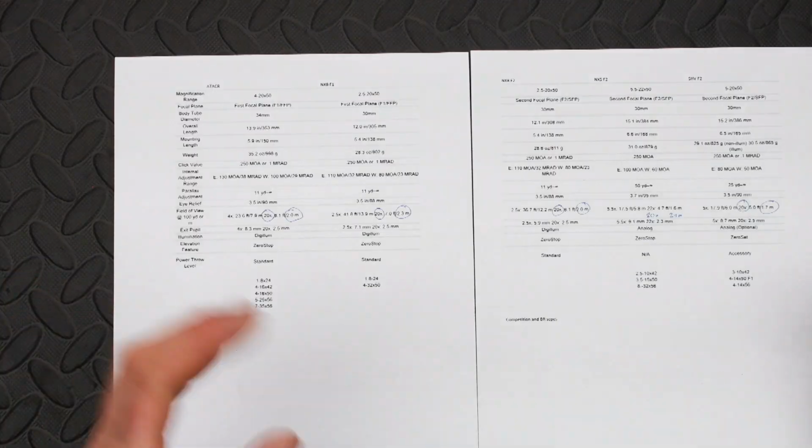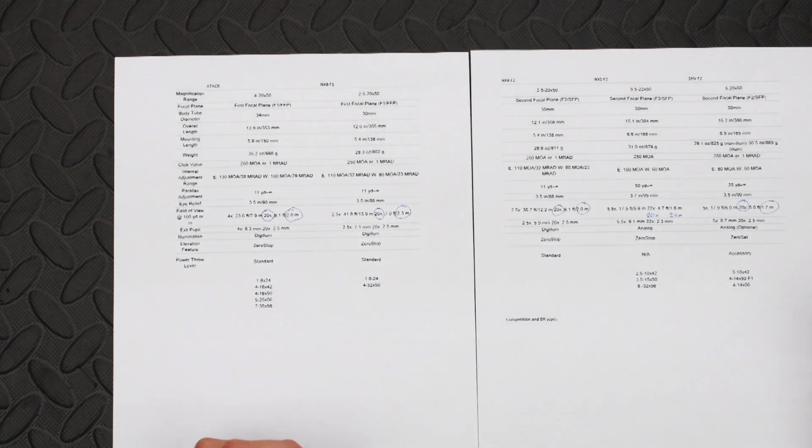The SHV I've chosen is the 5 to 20, so on all of them we've got the 50mm objective lens, and on all of them we've got technical readouts for exactly how much windage and elevation, especially for elevation for long range usage, in terms of what the features of it are. So if we go straight to the ATACR, which is the most serious scope for long range usage,